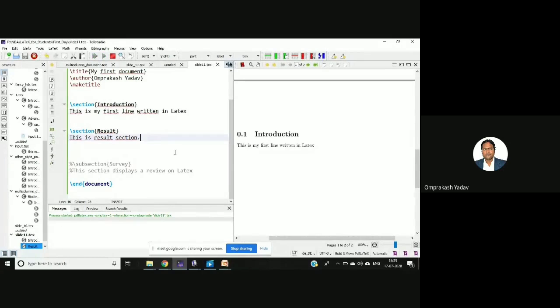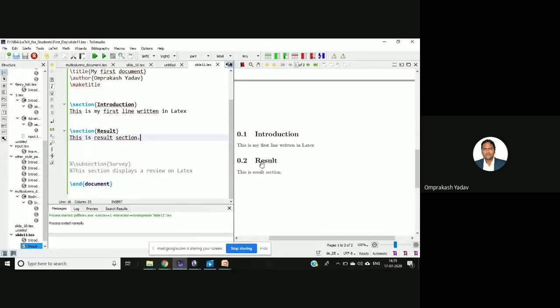Let's run it. Okay, so if you see here, one more section has come, the result section. So this is how we can add a section in our document. If you see any document, there will be lots of sections and subsections in your paper.